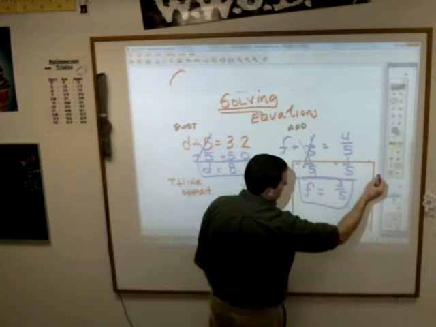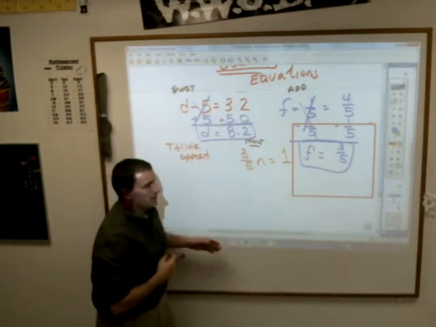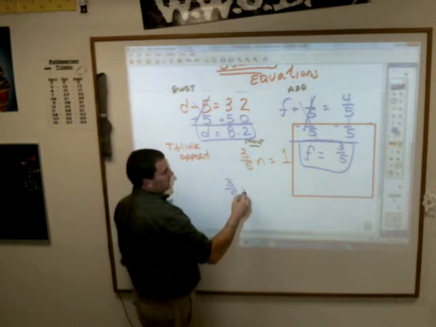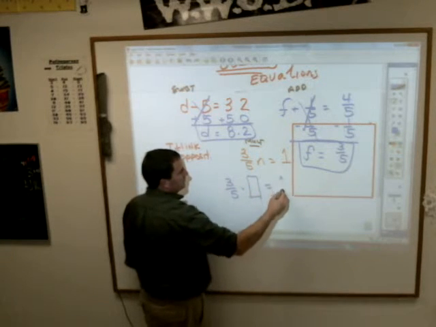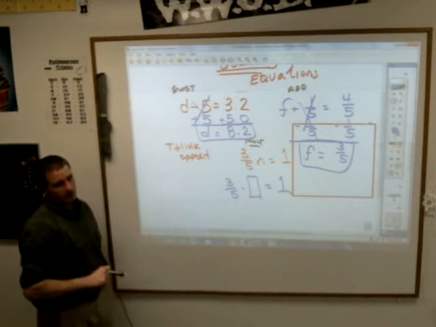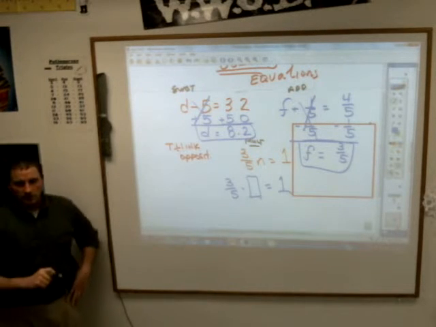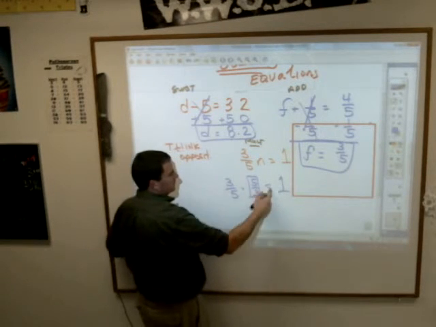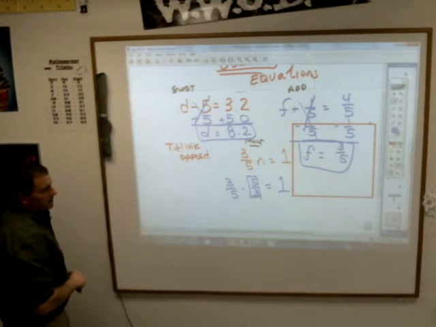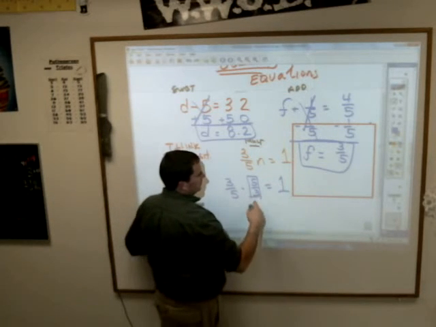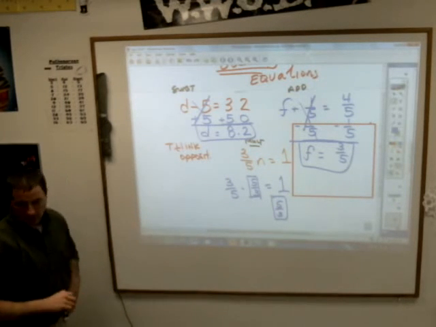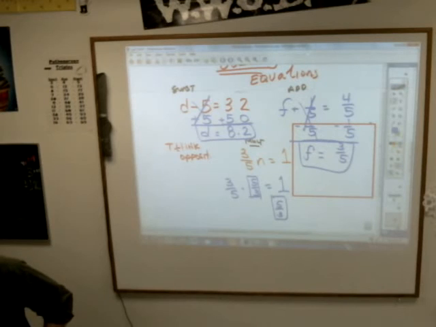Now this last one here, we're not going to get too much into that because it gets a little goofy here, but we talked about this before. If I wrote it like this, would you know what the answer is? 3/5 times what number equals 1? And I think they're always going to give you ones for right now. So what do you suppose the answer is there? 5/3. Exactly, just think of the reciprocal there. I think those are the only kind of multiplication ones they're going to give you. So anytime you see a fraction with a letter equals 1, you just think of its reciprocal. So kind of its opposite in a strange warped sort of way. And the other thing